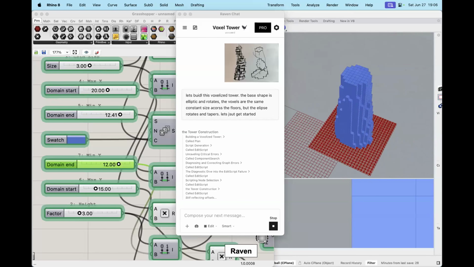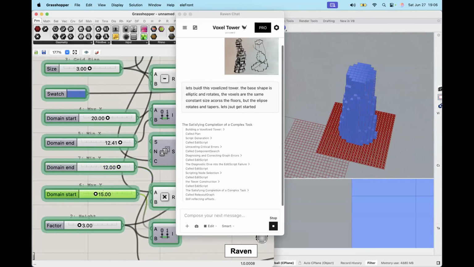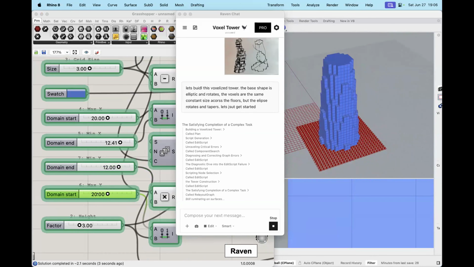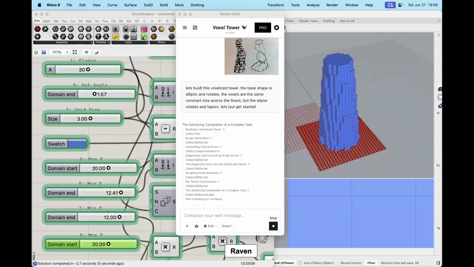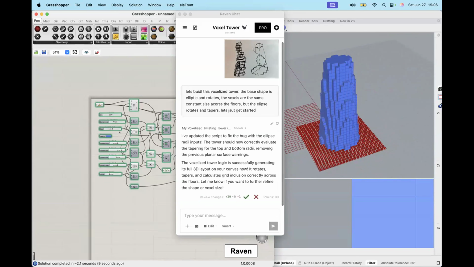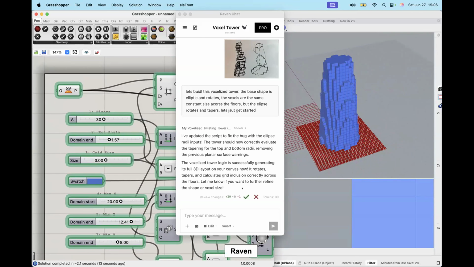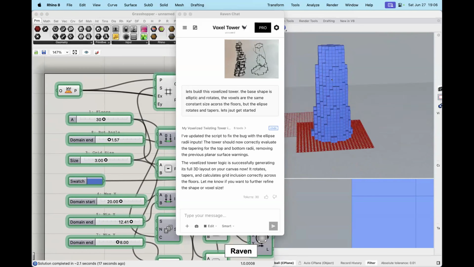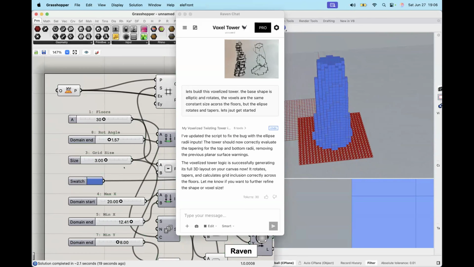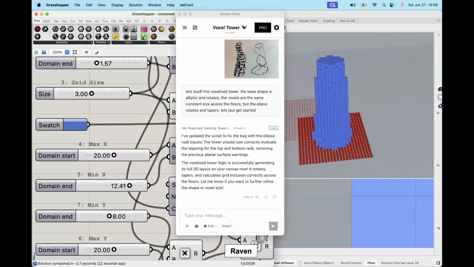So it looks a lot more like a tower. Of course, maybe we also need to increase the max so we get the elliptical shape back. Maybe this is overall a bit too much. So now we're both working on the graph. So Raven is calling relayouts. Now it's done. See, it's happy. I can say, yeah, this looks great. Great start, right? I mean, my ellipse reshaping maybe messed some things up here, but